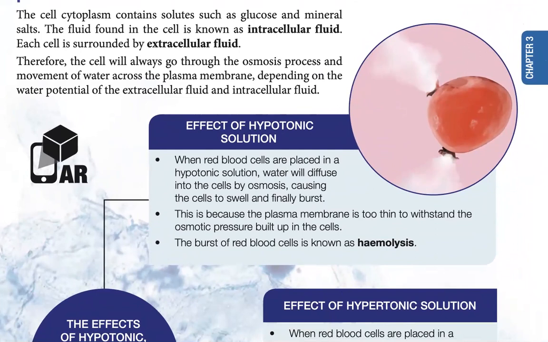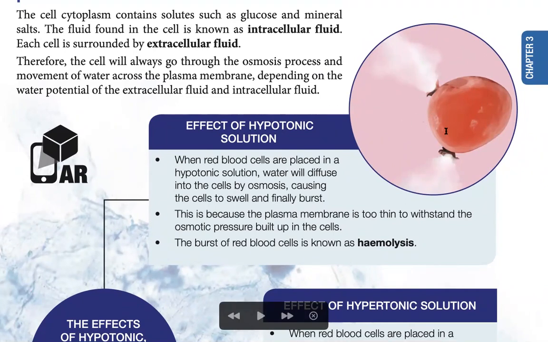So apa yang akan jadi? Awak tengok ya. When the red blood cell are placed in a hypotonic solution, water will diffuse into the cell by osmosis. Ini adalah red blood cell. So bila kita letak red blood cell dalam hypotonic solution, apa yang akan terjadi adalah air akan bergerak masuk ke